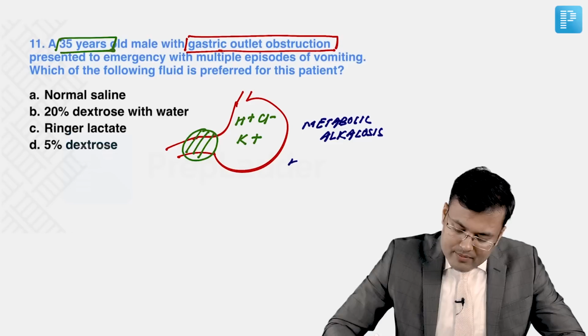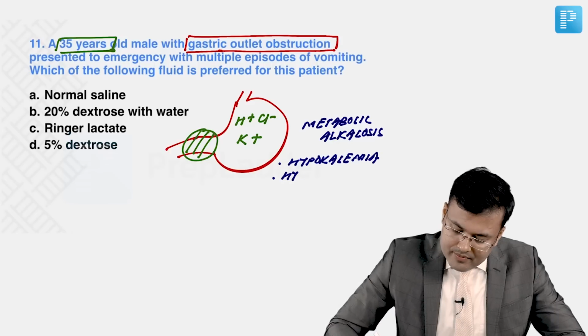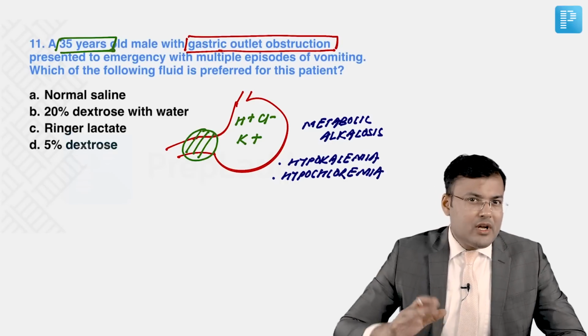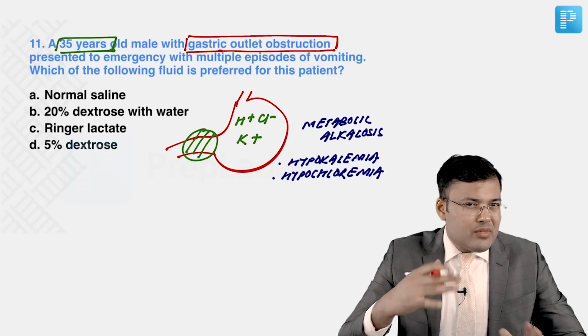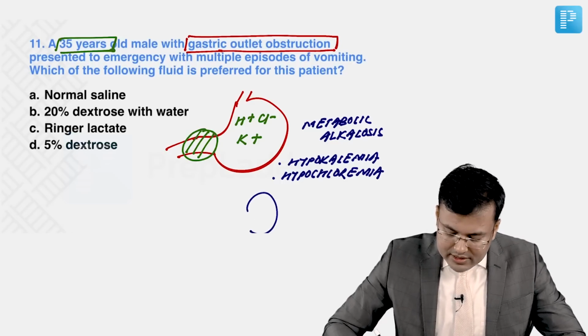Okay. There is hypokalemia. There is hypochloremia. Hypokalemia, hypochloremia, metabolic alkalosis. Okay. Whenever there is persistent vomiting or multiple episodes of vomiting, since in the body there is metabolic alkalosis, in the